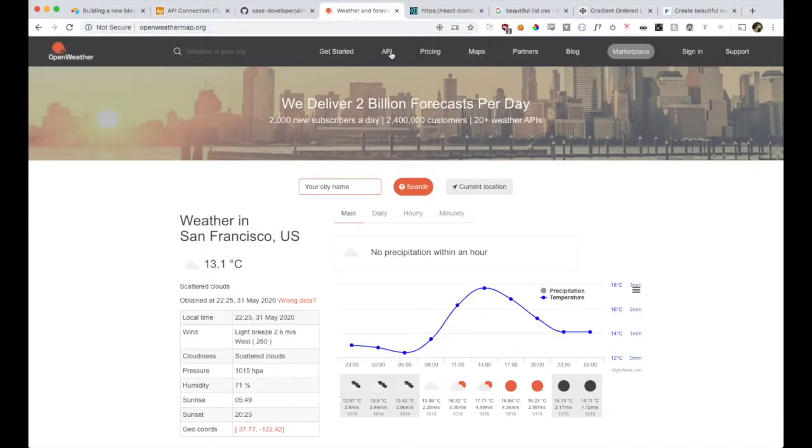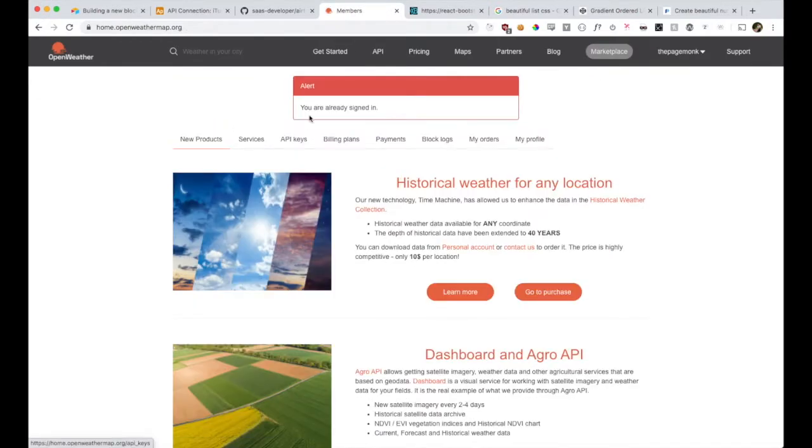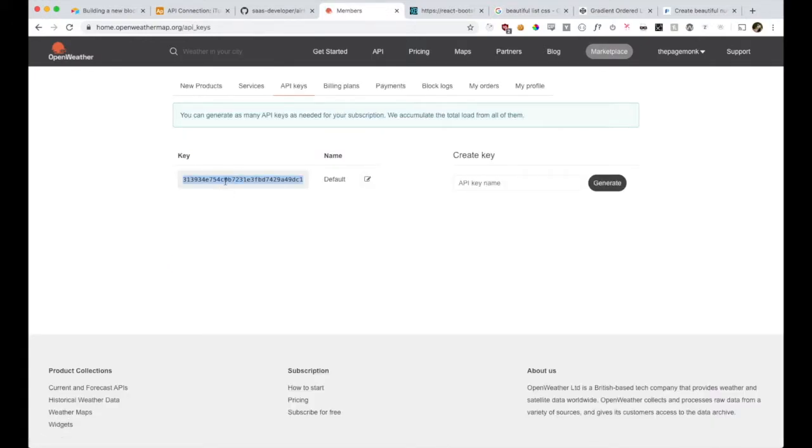OpenWeather. Sign up for an account, it will be free, and then go to API. Click sign up again. It will say you are already signed in, that's good. Then go to API keys, and here is your API key. We will need this for later, so copy it. And now go back